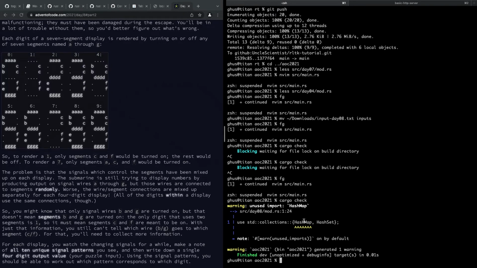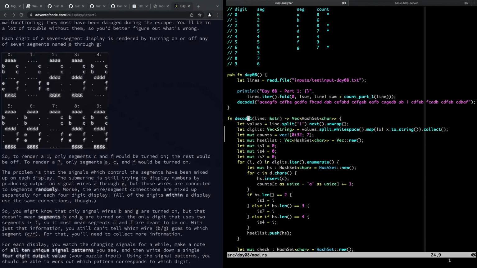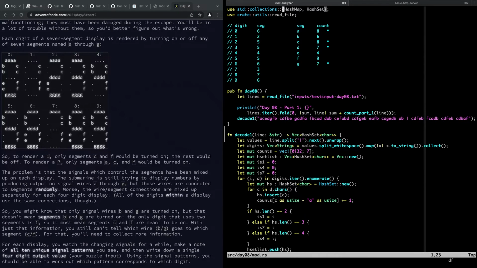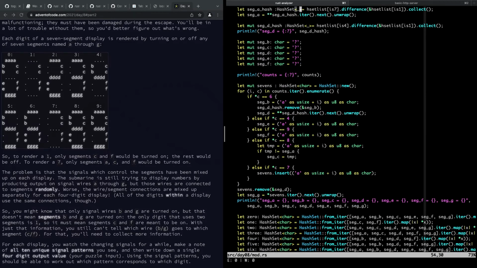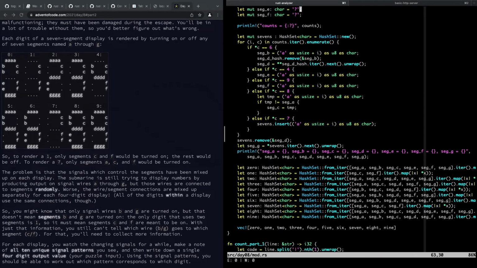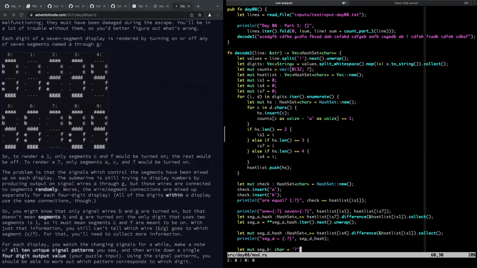I'm not using hash map now. Oh, I guess I'm doing just hash sets. All right. So I think we're really close. We have the array. This checks. We can run it on test input now. The decode will tell us,